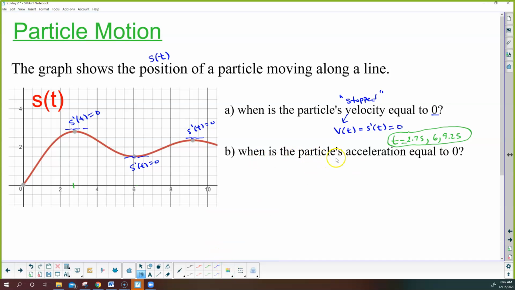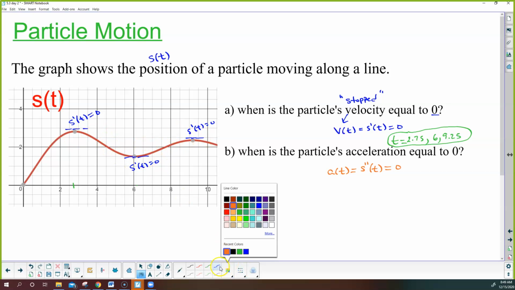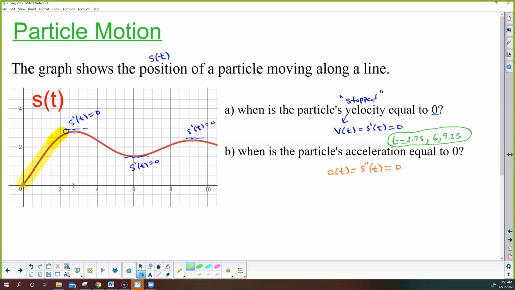It says, when is the particle's acceleration equal to zero? So what do I have to do? I have to say, well, acceleration is the second derivative of this function, and I want to figure out when that's equal to zero. Well, that's at the spot where there's a change in concavity. Okay? This is what we talked about on Thursday. So let's take a look at what do we know. I am concave down on this yellow part, and I'm also concave down here. Those are the two spots where we're concave down,